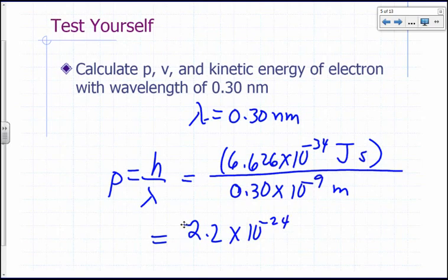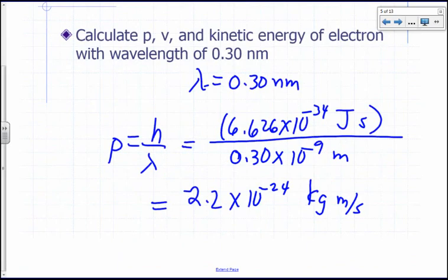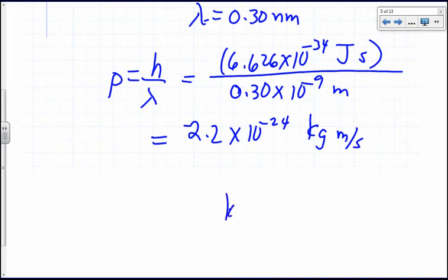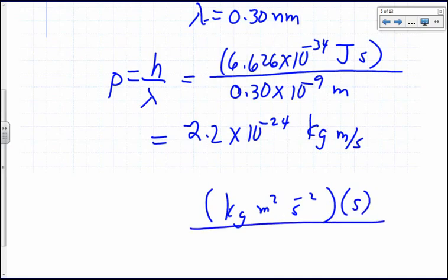What would be the unit for momentum? Momentum is mass times speed, so kilograms times meters per second. Let's see how you come up with that unit. What's a joule? A joule is kilogram meter squared per second squared. So that's a joule multiplied by seconds over meter. The meters cancel, leaving 1 meter in the numerator, and per second squared with the second gives you per second. So you got your momentum.